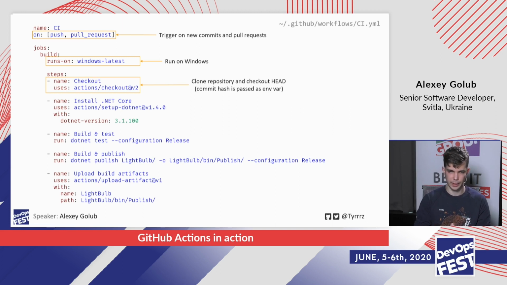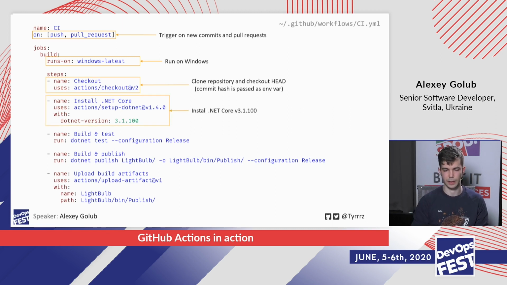And the actions organization is the GitHub Actions team, so they have some of the actions that are ready for you to use. And then you can also use actions by other people. We'll get into that later. But here we're just going to check out the current commit, which it knows because it's in the environment variables, and then get that code in the current working directory.